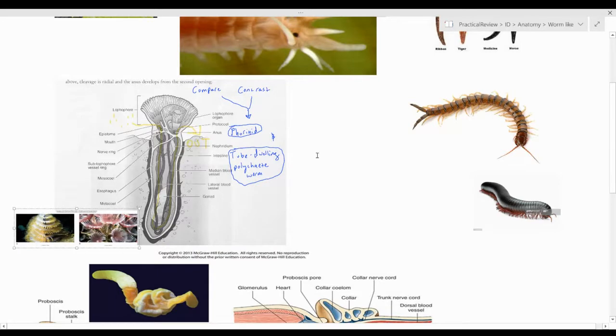Is it a member of Annelida? And it has something called a lophophore, which should place it in your mind in the lab where we covered blank. And that word is